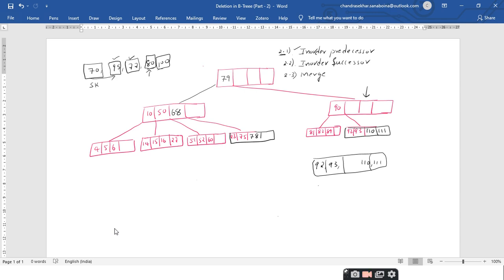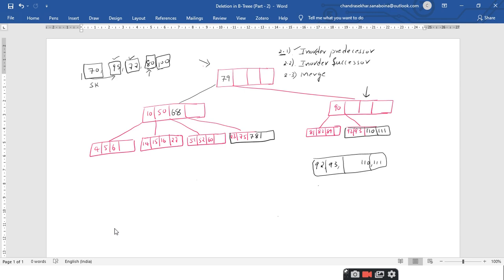No, sir. It is violating, right? But here you can observe that root is having only one key. Is it the correct property or not? Yes, sir. So in a B tree, the root can have one minimum key and two minimum children. That is a B tree property, right? So it is not violating.